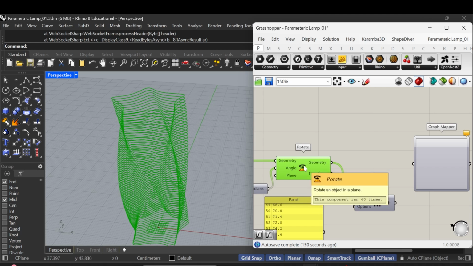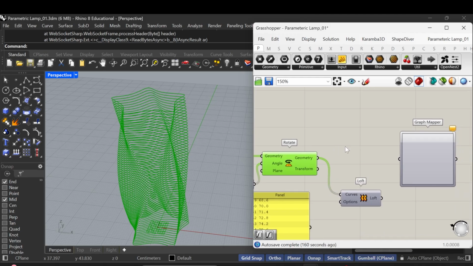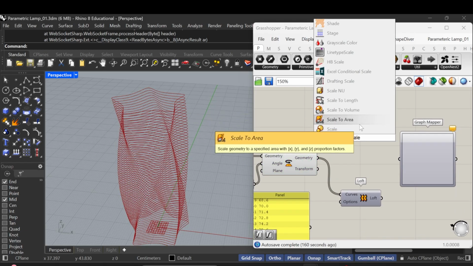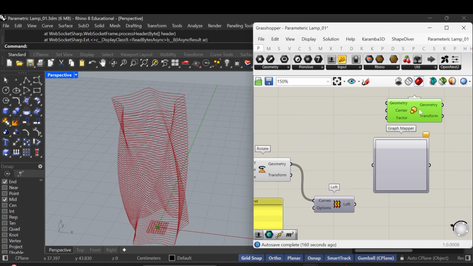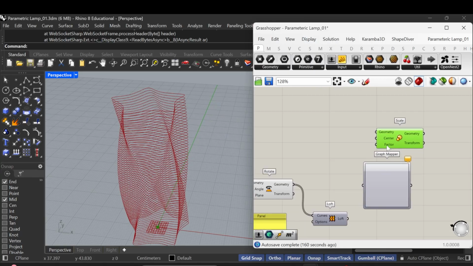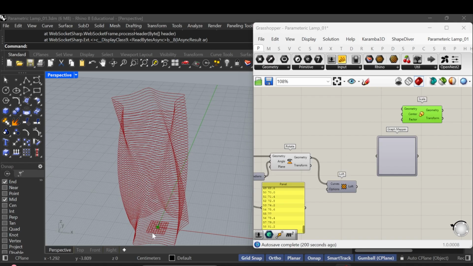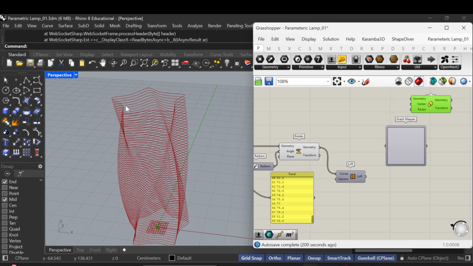Also, because we have the rotation of these, first of all, we need to scale at the end. So how are we going to do this scale? It's going to be based on the location of these geometries. We need to find the centroid for these geometries because we need to scale each of these profiles based on